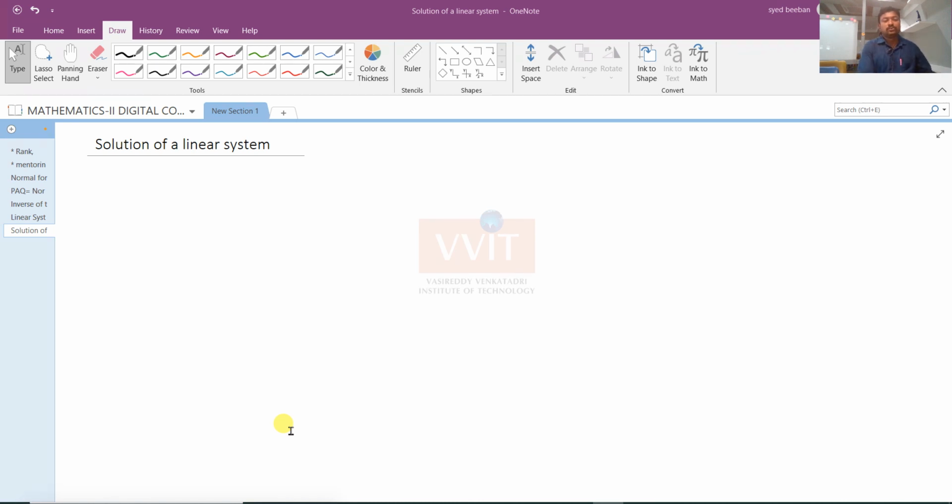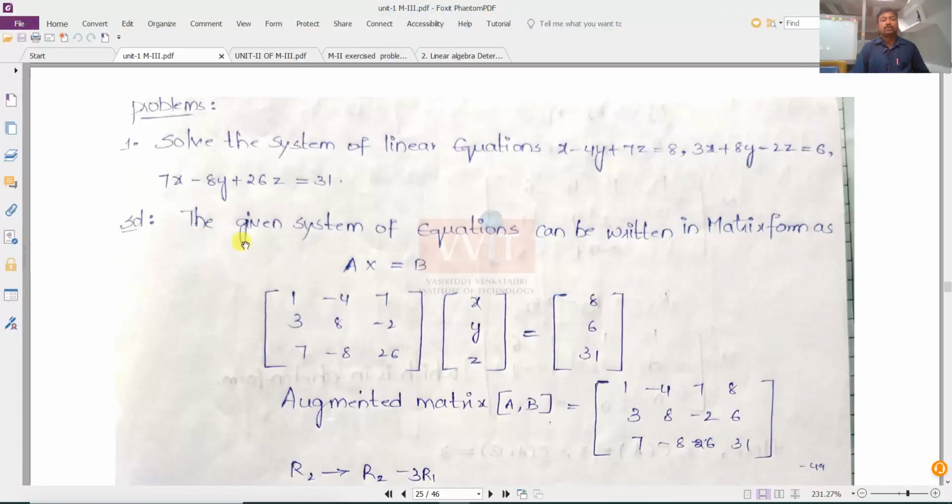Welcome to one more session on Mathematics 2. The topic is solution of a linear system: how to compute the solution of a linear system by using the direct methods as well as by rank based methods. We are going to study this. Now, if you see a problem,